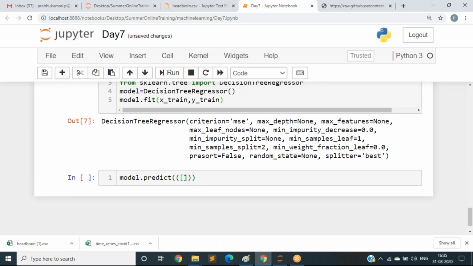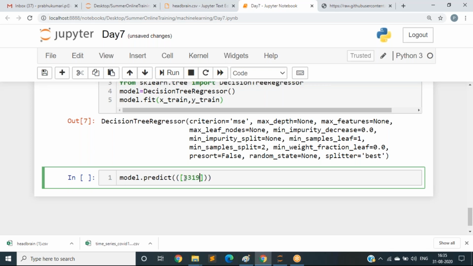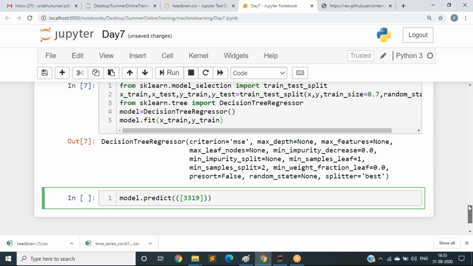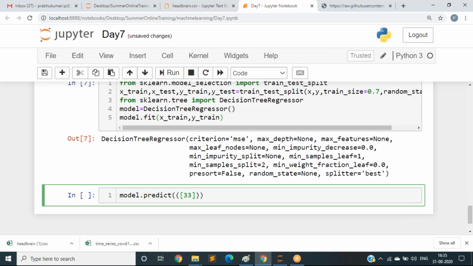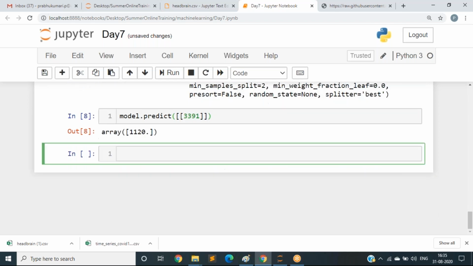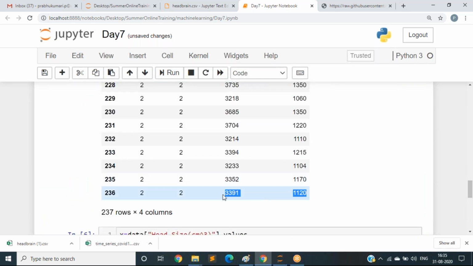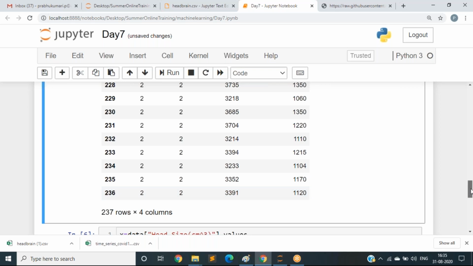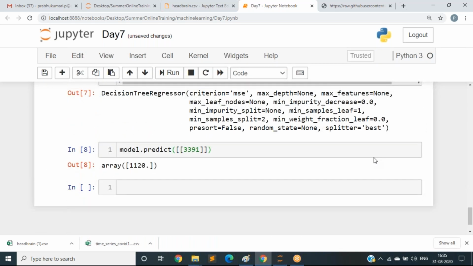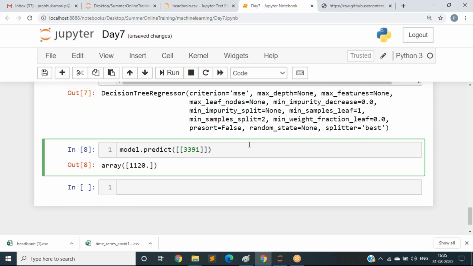It should predict 1120 or nearer to that value. See, it is predicting 1120. It is exactly predicting the value. That means I think it has made some best decision tree. Nothing but it has gone to the depth and taken some decisions and split the values, I think.